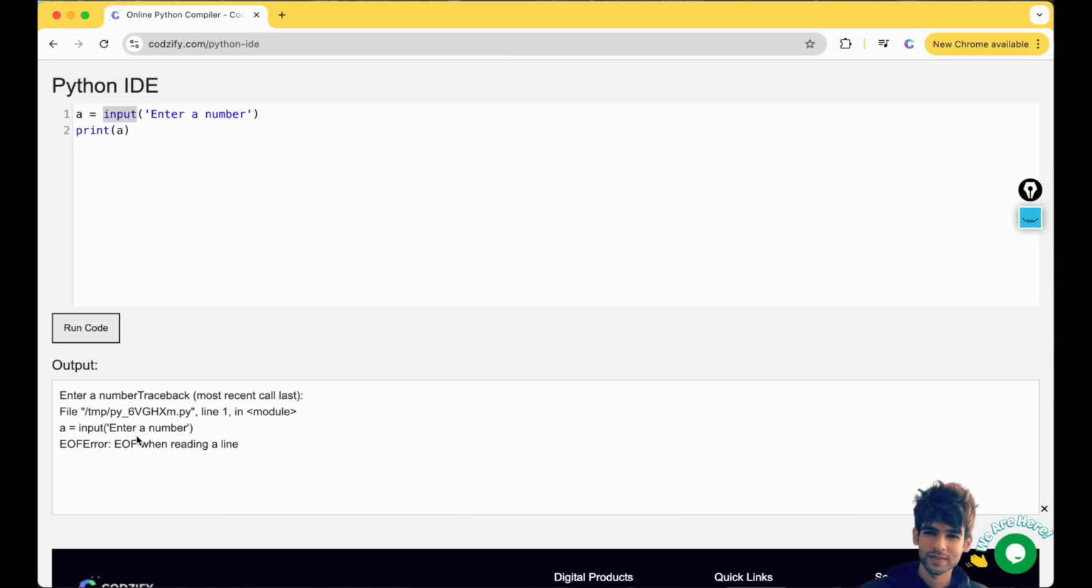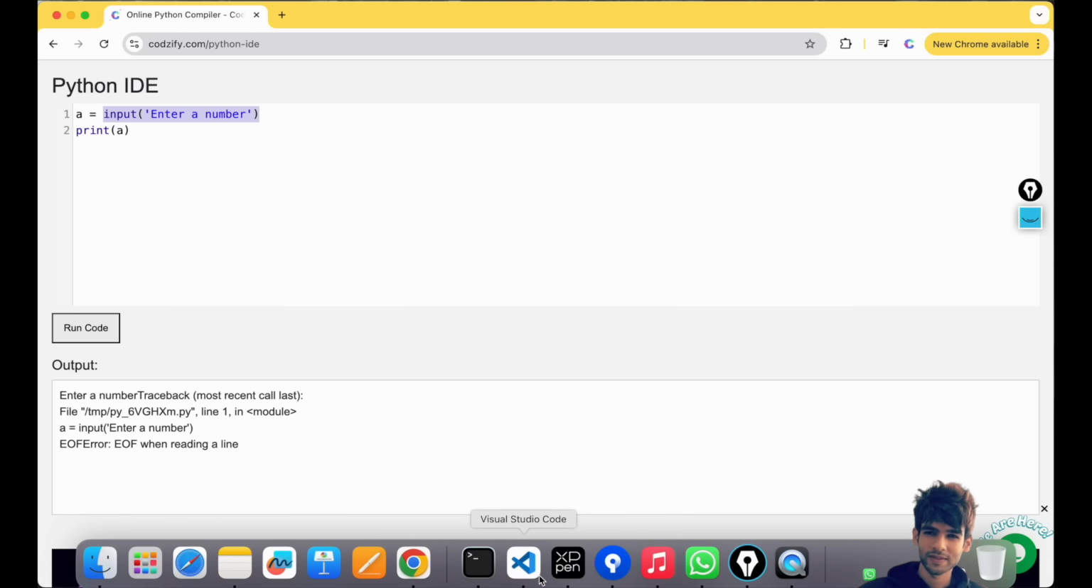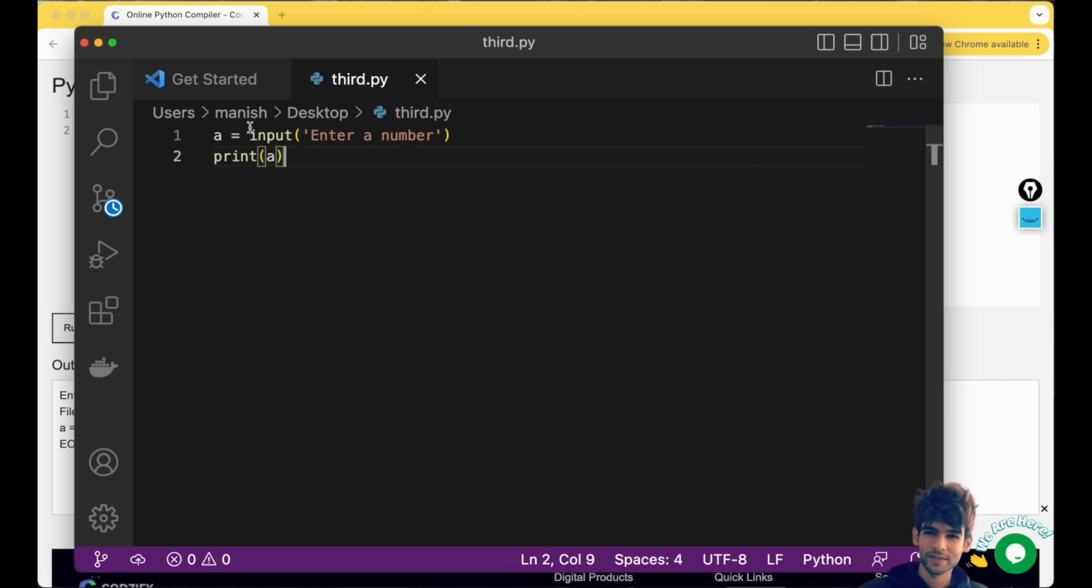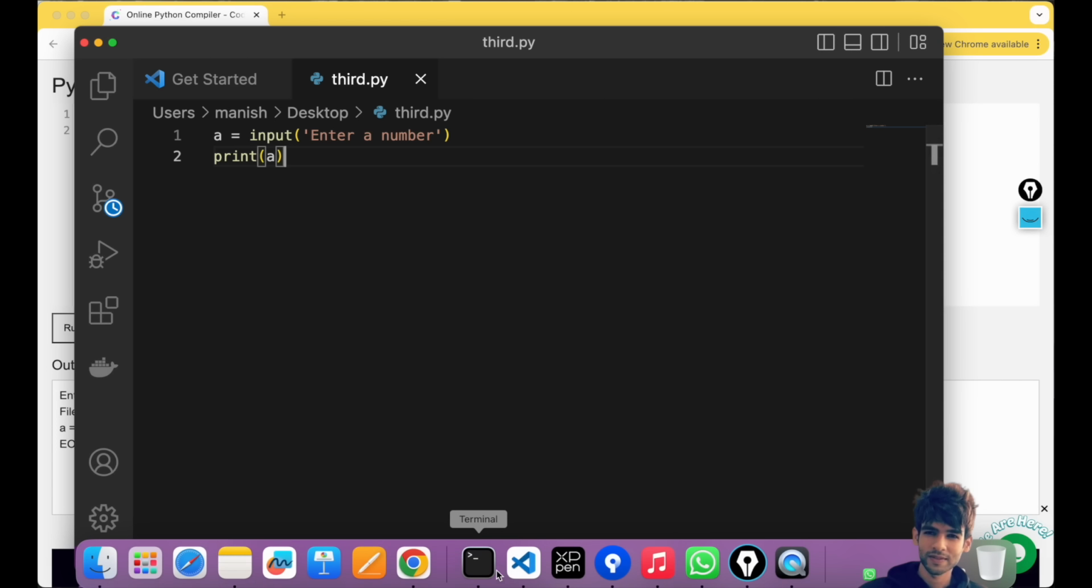of error. So this is natural because we don't have the terminal here. This is just you can run the plain Python codes. And if you assign the value here, that will run, but if you want to take the input, then that will not run here. So we will go to Visual Studio Code. Here, now if I run this code here,